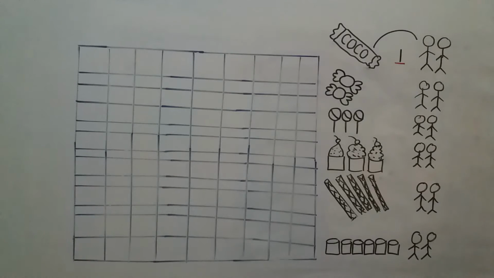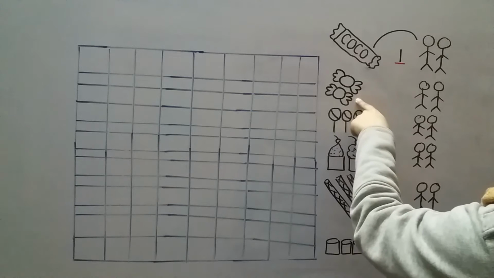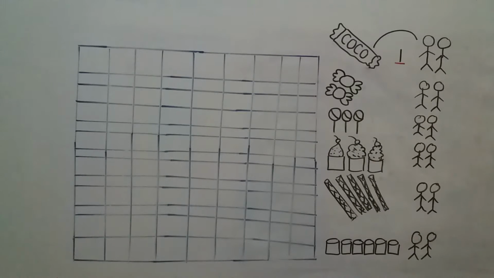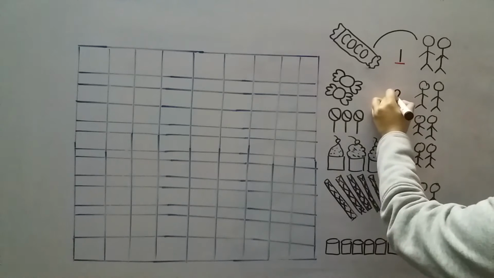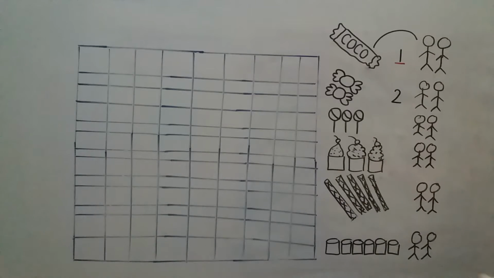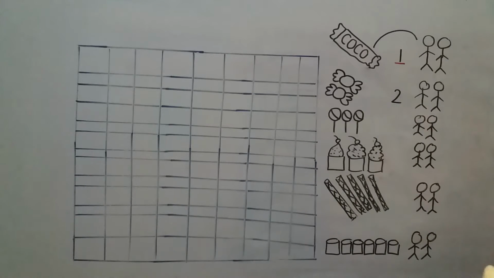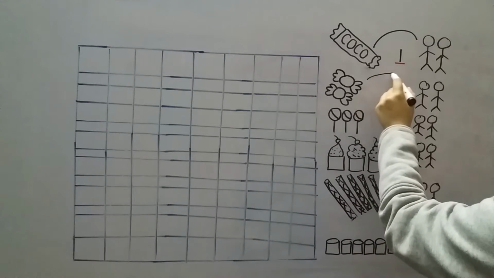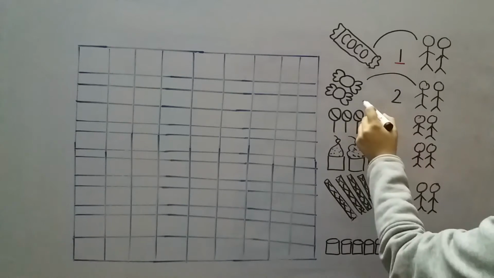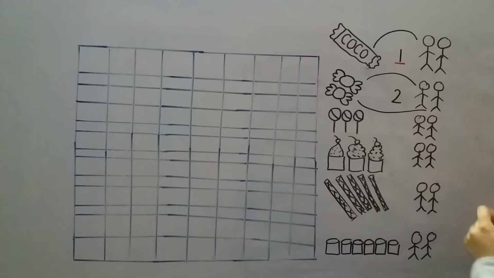Alright, now let's look at the second example. I have two candies over here. How many sweets do I have? I have two sweets, right? Is 2 an odd or even number? I'm going to divide these two sweets between a pair of two students. I can give this one candy to this student and this one to the other student. Was I able to divide these two sweets between two students? Yes, I was. So 2 is an even number because 2 is divisible. Let's put a blue line underneath it. I hope you understand this one.